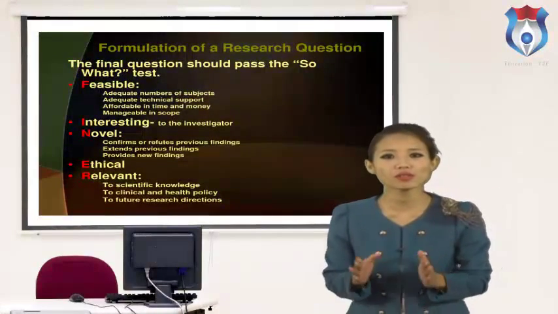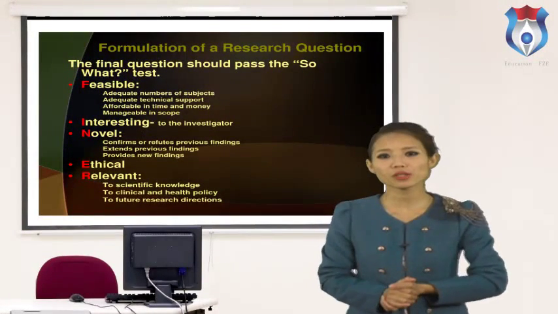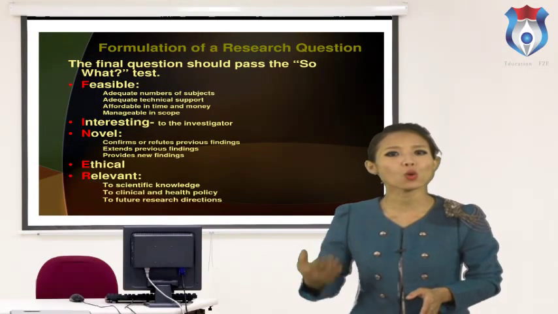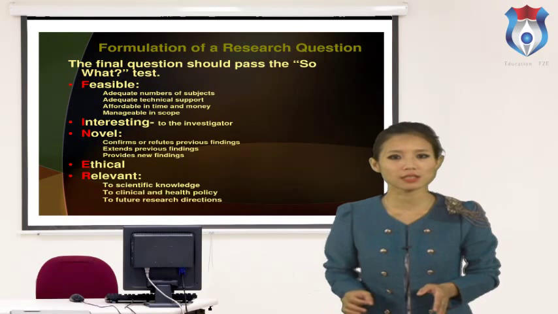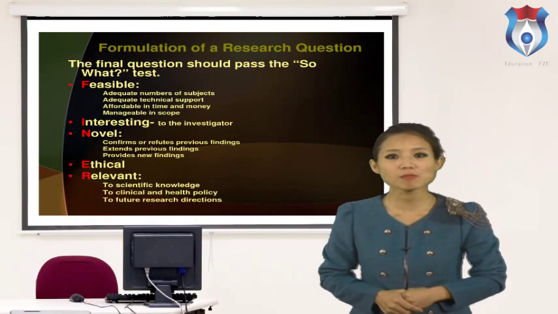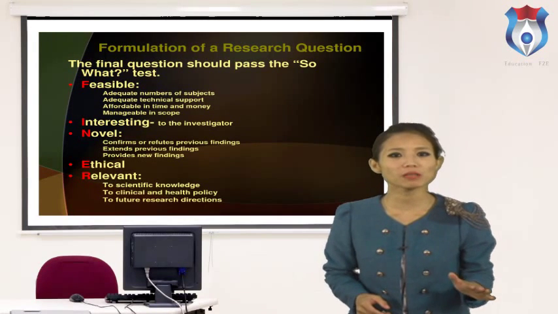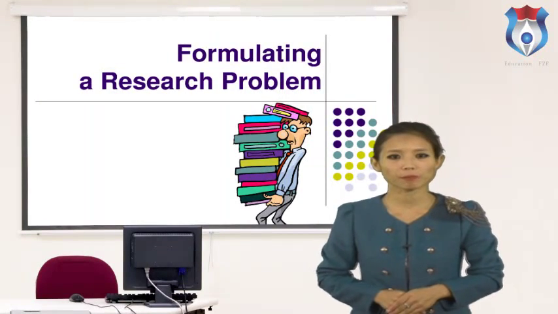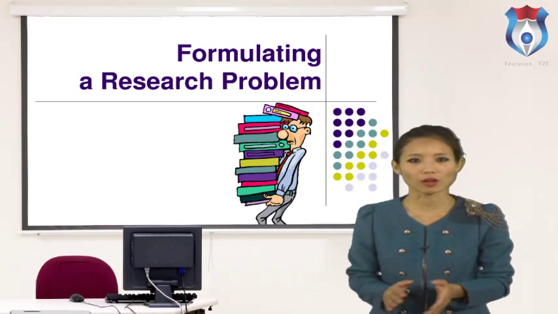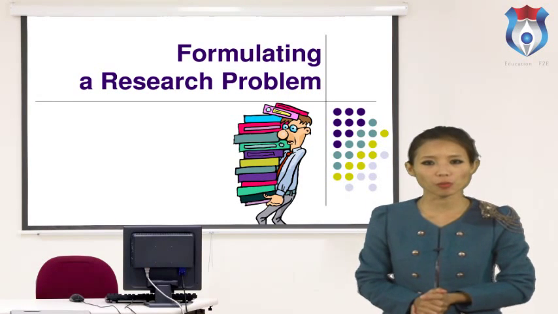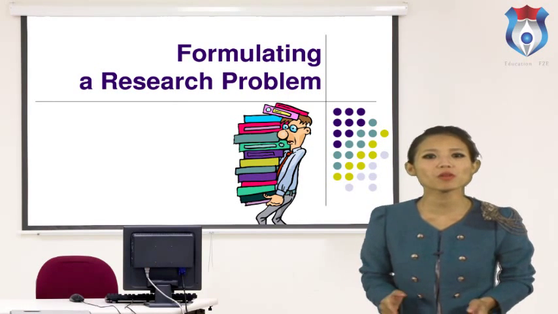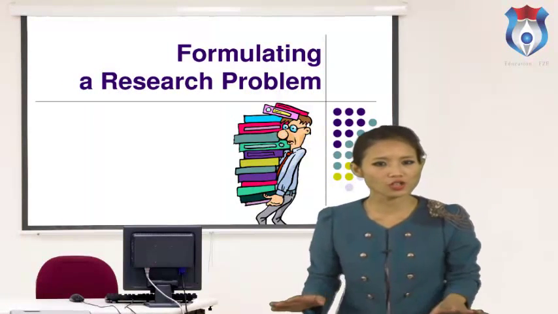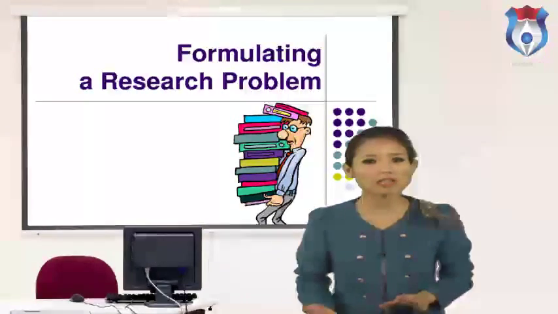Researcher's own resource. In the case of a research to be done by a researcher on his own, consideration of his own financial resource is pertinent. If it is beyond his means, he will not be able to complete the work unless he gets some external financial support. External criteria. Researchability of the problem. The problem should be researchable, that is, amenable for finding answers to the questions involved in it through scientific method.